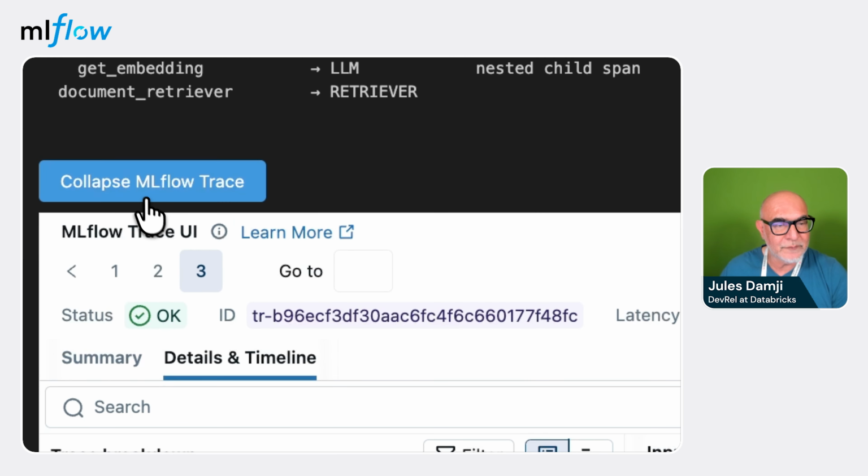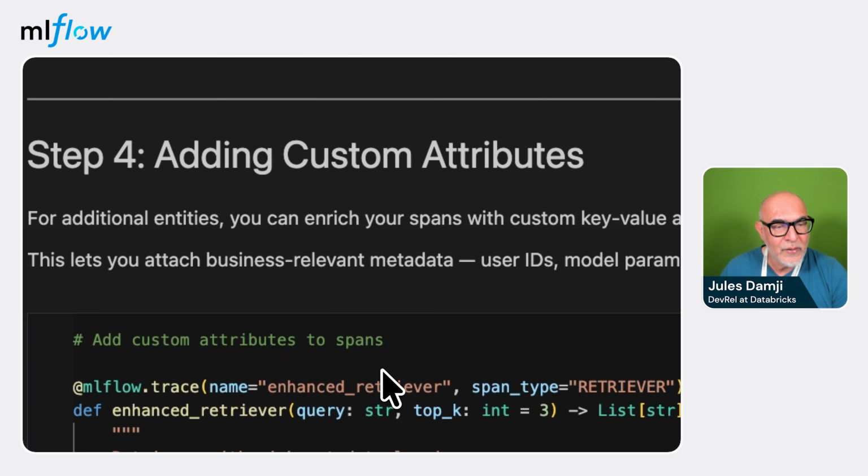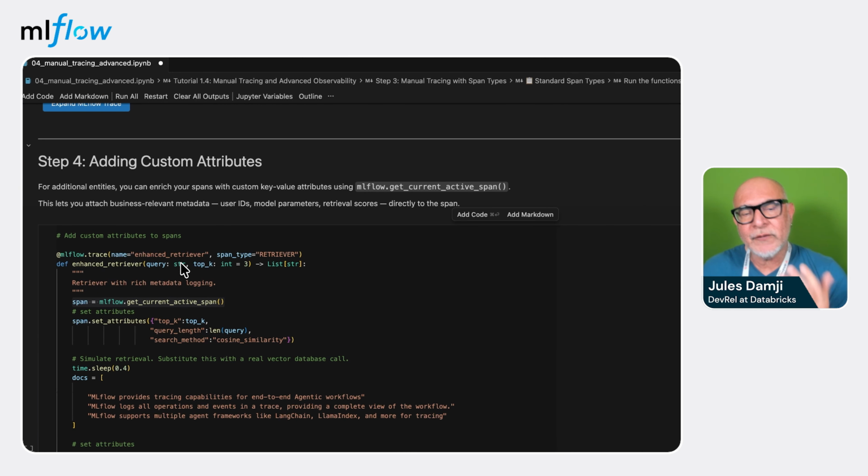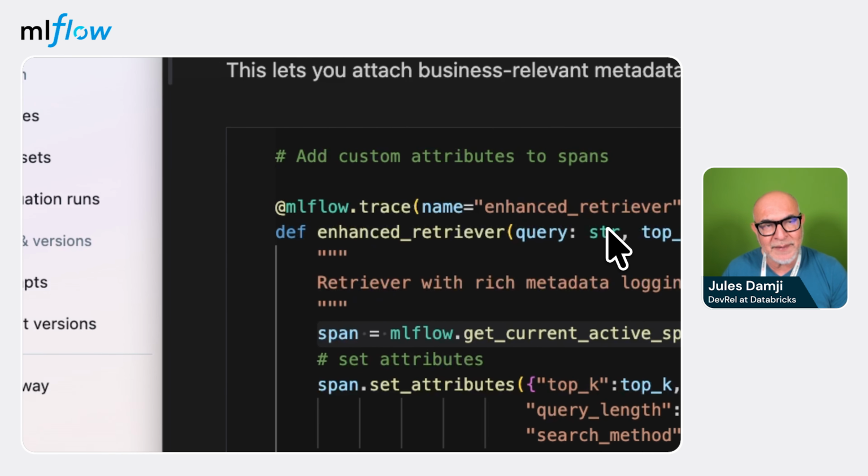So that's very simple. We're going to collapse this and now add some custom attributes. Why would you add custom attributes? This is quite common practice, whereby you might want to capture some relevant metadata and attach that to your functions or to your span, so later on you can do some analysis. The way you do that is you take the current active span and set some attributes that you want. You can do that before the call and after the call. This way you have an idea of what was sent in and what was returned as part of the